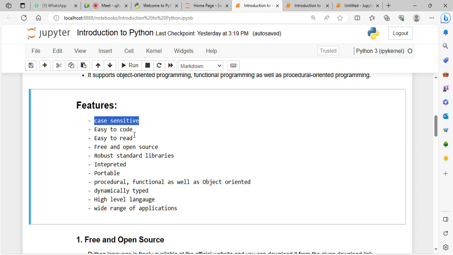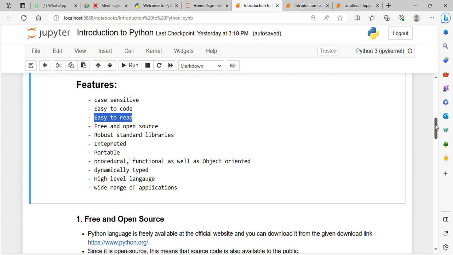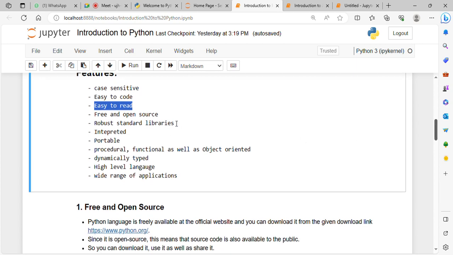Easy to code. मी सांगितलं सिंटॅक्स खूप सिंपल आहे, सो इट इज इझी टू कोड. इझी टू रीड. ओके, एखादा रेडी कोड असेल तुमच्याकडे तर सिंटॅक्स इतका सिंपल आहे की तुम्ही त्याला इझिली रीड सुद्धा करू शकता. फ्री अँड ओपन सोर्स, ॲज आय टोल्ड, इट इज ओपन सोर्स. It does not require any kind of license or any particular license package. Robust standard libraries,